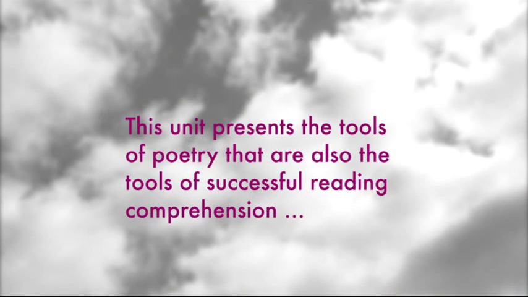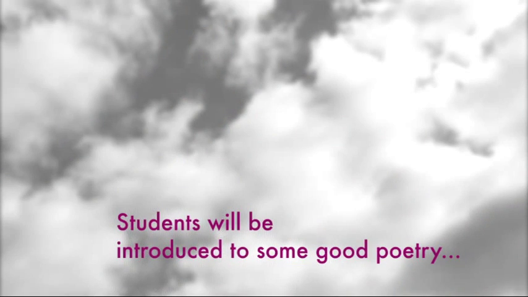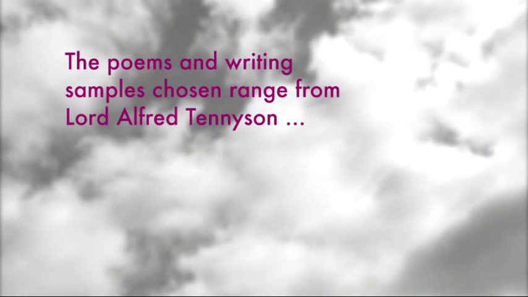This unit presents the tools of poetry that are also the tools of successful reading comprehension, persuasive advertising, and everyday communication. In it, students will learn about double denotative meanings, connotations, sound devices, repetition, enjambed lines, imagery, similes, metaphors, symbols, hyperbole, understatement, and personification. Students will also be introduced to some good poetry and hopefully learn to understand and appreciate it better. The poems and writing samples chosen range from Lord Alfred Tennyson and Shakespeare to lyrics by Train and